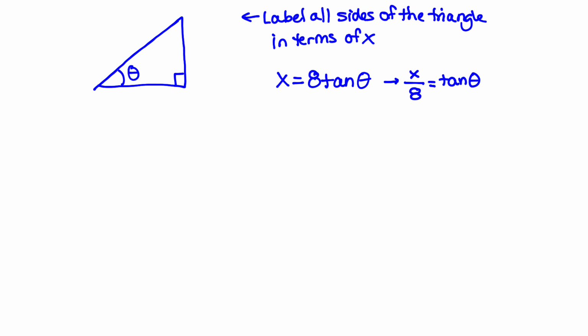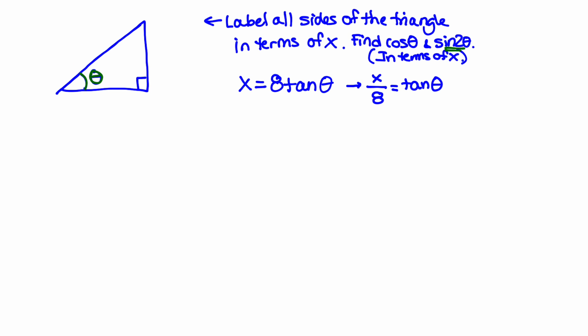One more thing. Label all sides of the triangle in terms of x, but then I want you to find cosine of theta, and sine of 2 theta in terms of x. All right, sorry about that. So label all the sides and then find cosine of theta and sine of 2 theta. Thank you for pointing that out, Caitlin, and thank you for asking, James, right? Because you have a single theta, but you need a double theta, and the single theta doesn't match with the double theta, so I'll just give you as a hint that sine of 2 theta,